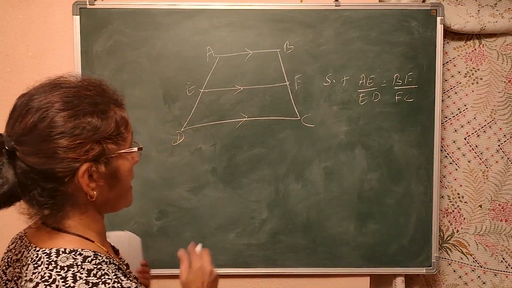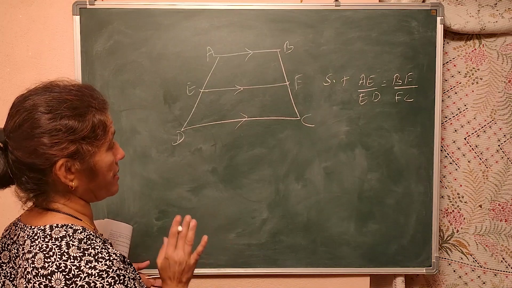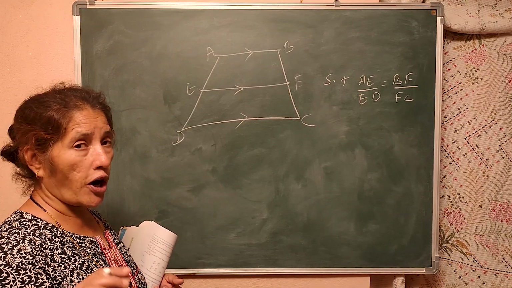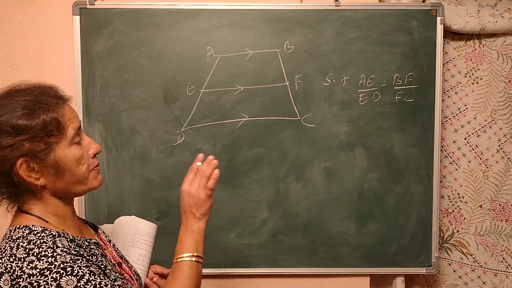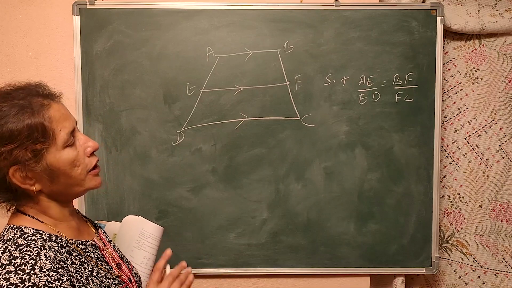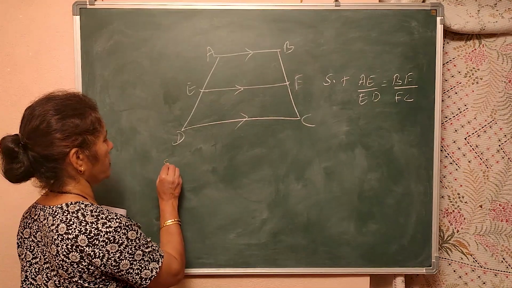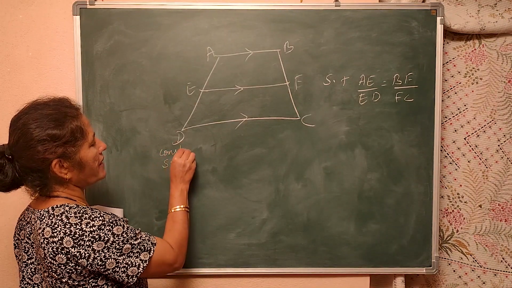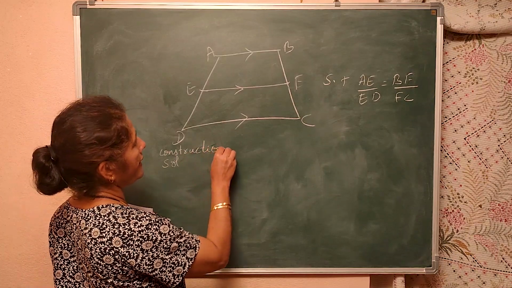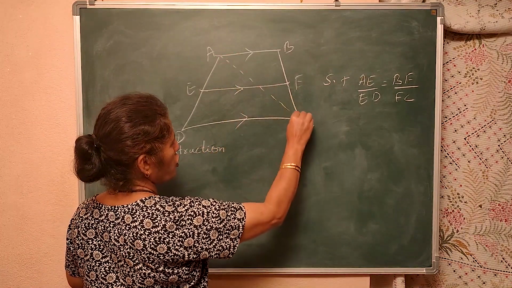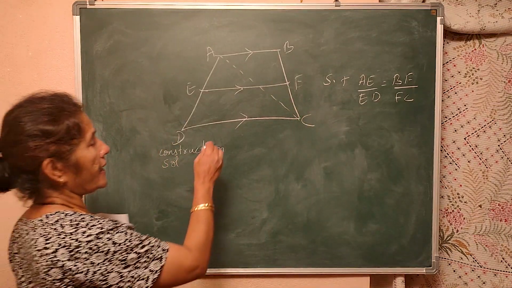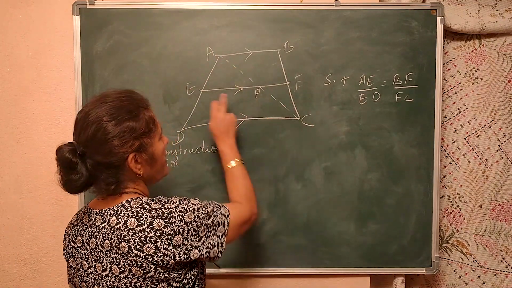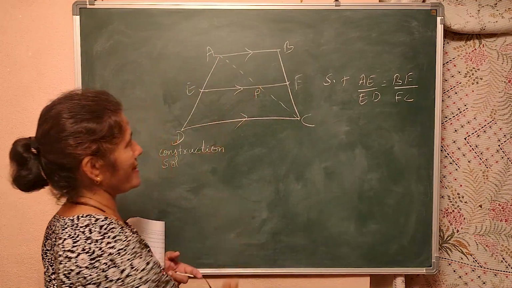Whenever they give like this, you should write what is given: in trapezium ABCD, AB parallel to CD, E and F are the points on the non-parallel sides and EF is parallel to AB parallel to CD. To show: the ratios. Now, what is the solution? Before the solution, I have to do one small construction. What may be the construction? Join AC. When you join AC, what happens? I call it as P. It will be a triangle and this line will be parallel to this.